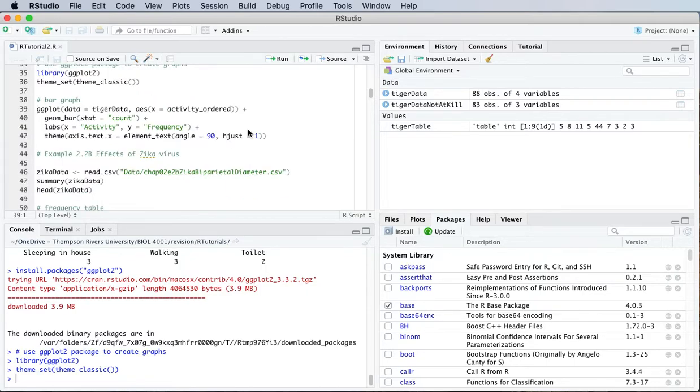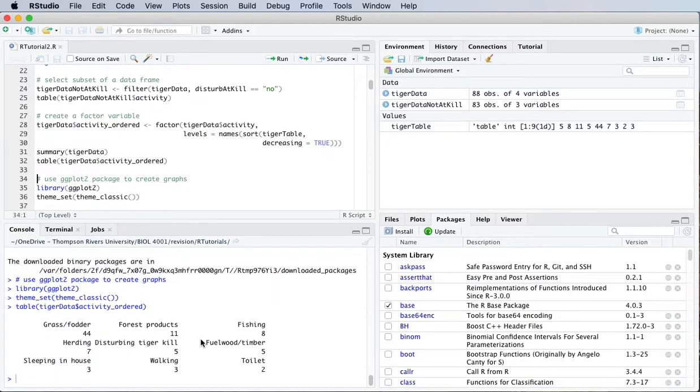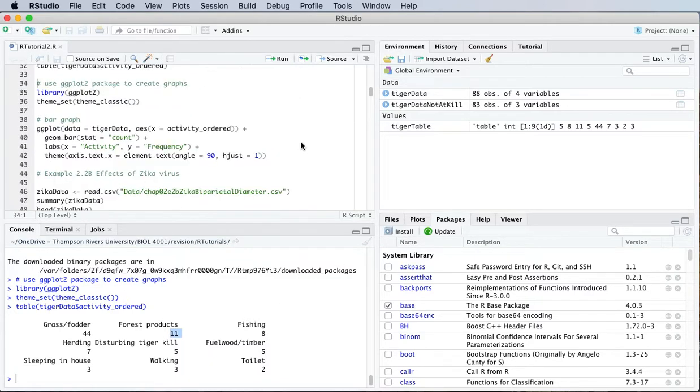So the first example I'll do is a bar graph, and that's going to use the variable activity ordered that we created last time. So just to remind you what that was, if we look at a table of that variable, we can see grass fodder, 44 people were collecting grass or fodder when they were killed, 11 people were collecting forest products, 8 were fishing, and so on. So if I run this